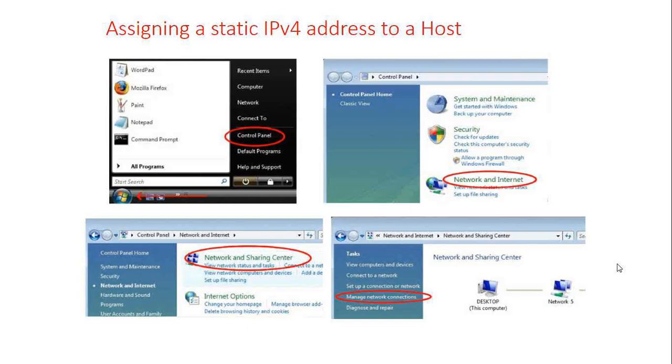So now that we know about IP addresses, each computer, each device has to be assigned an IP address. So on our local computer,